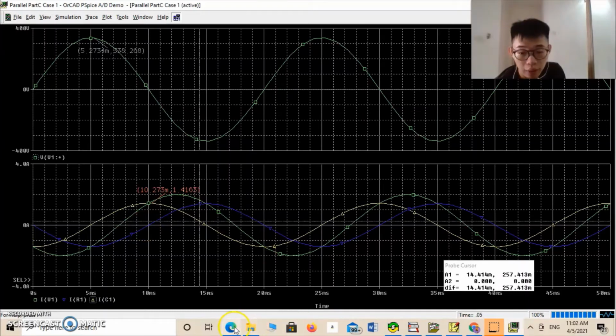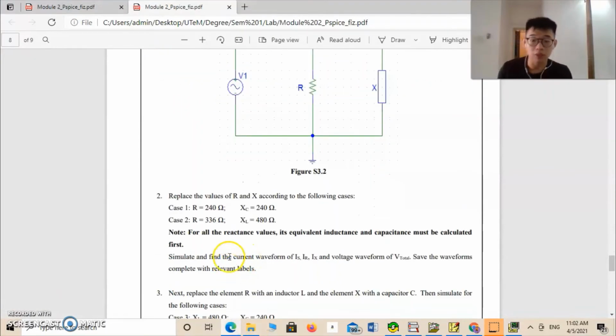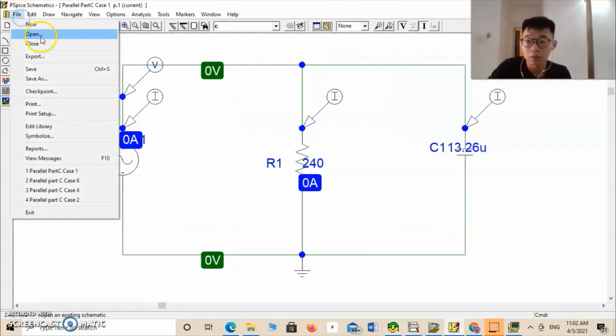Next, we're going to have a look at case number 2, which is R equals to 336 and XL equals to 480. So like just now, we need to change the XL here to inductance value. We can change by using the formula XL equals to 2πFL. Okay, so after doing all the calculation,